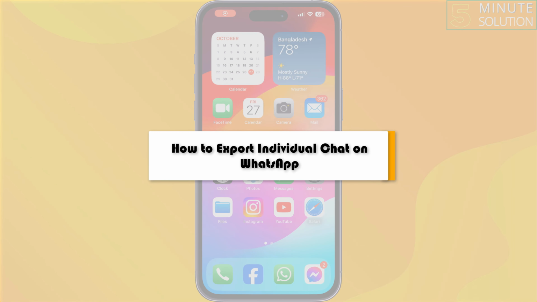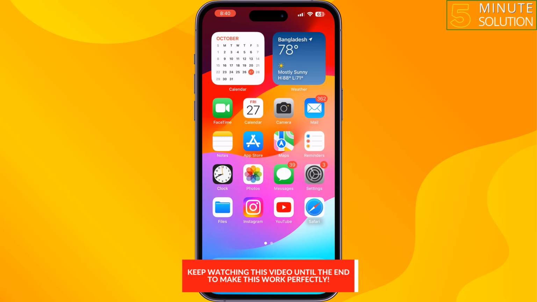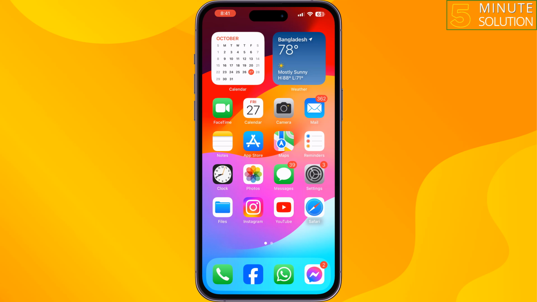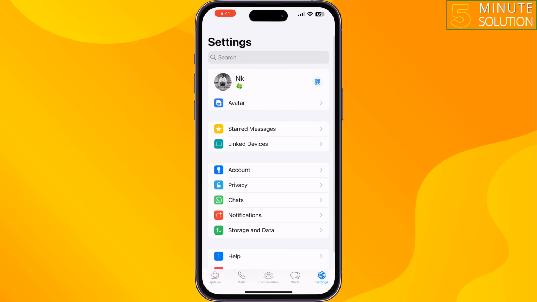This 5-minute solution will show you how to export individual chat on WhatsApp. Follow this easy and step-by-step guide to export any chat, and the process will be similar for Android and iOS device. Launch your WhatsApp application, tap on Settings, tap on Chats,